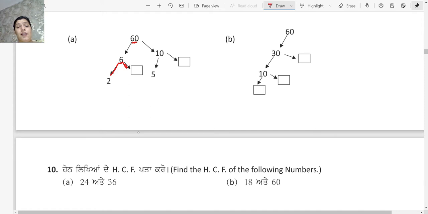देन 6 के क्या फैक्टर्स होते हैं 2 मल्टीप्लाई बाय 3, सो इन द अदर ब्रांच यू विल गेट 3. 3 इज़ अ प्राइम नंबर, सो विल स्टॉप ओवर हेयर. ऑन द राइट साइड यू हैव दिस 10, तो 10 के आपके पास दो ब्रांचेस बने 5 into 2, that is 10. Again both are prime, so you will stop over here. So this is the factor tree of 60.